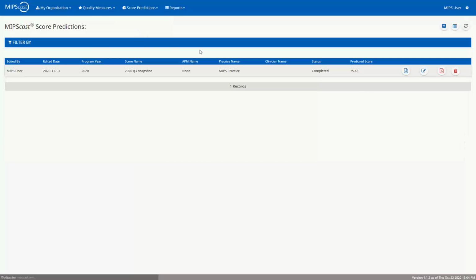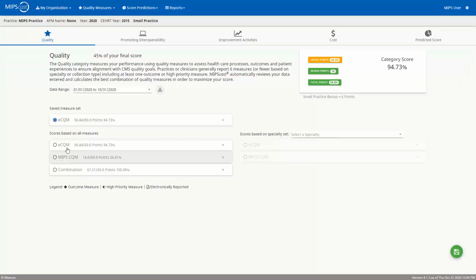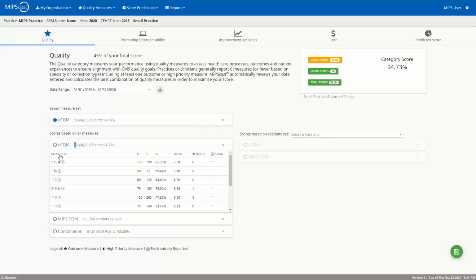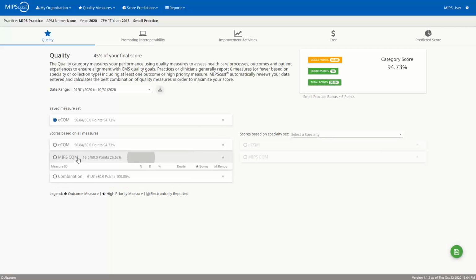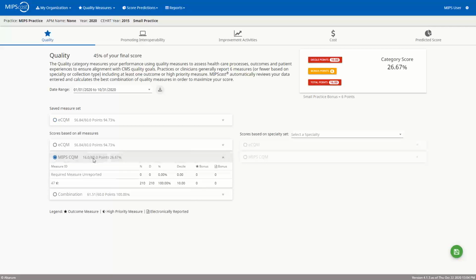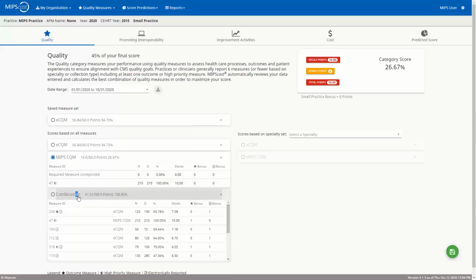Now go back to score prediction, edit, and now we see that another collection type of measures have entered in here. We still have the ECQM that would yield 56.84 points, the MIPS CQM by itself with 16. But if we do this combination,